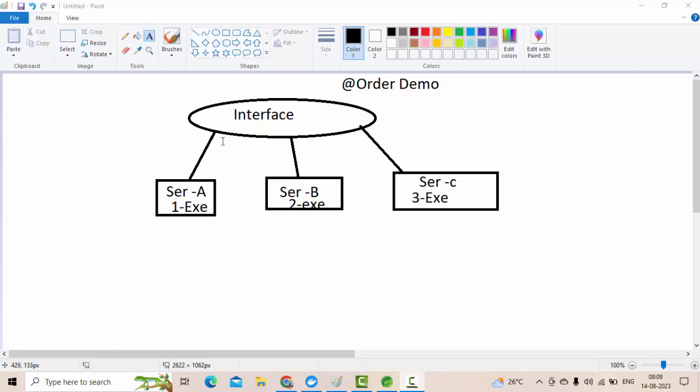This interface is being implemented by three services, service A, B, and C. In order to execute service B, you want to ensure that service A will be created first, and similarly for service C. In order to execute service C, you want to ensure that the other services get created first. That means the order of